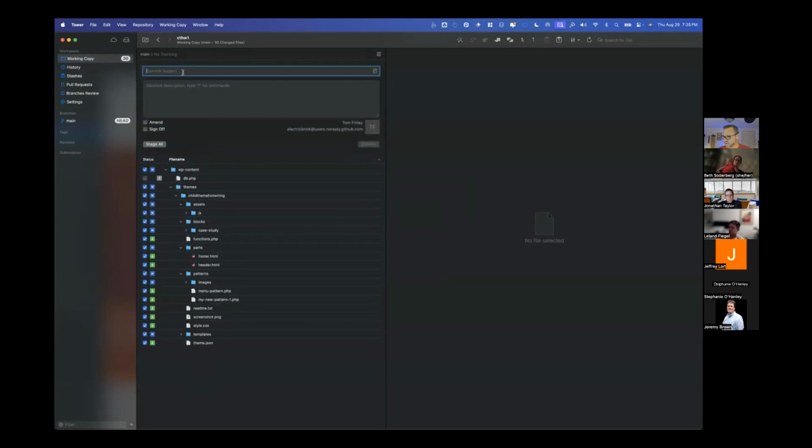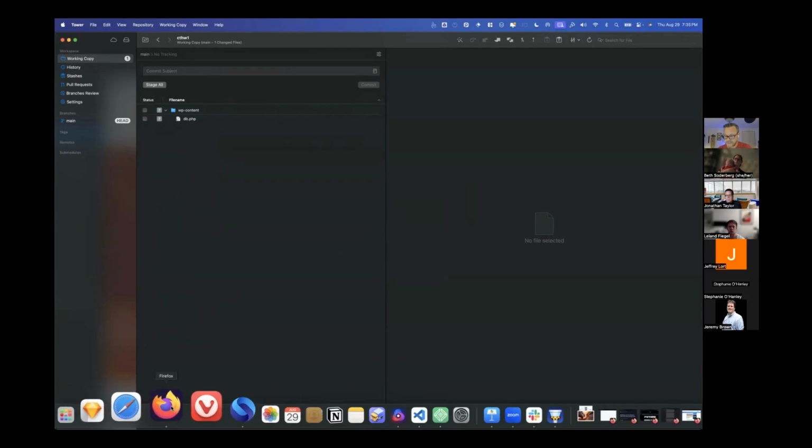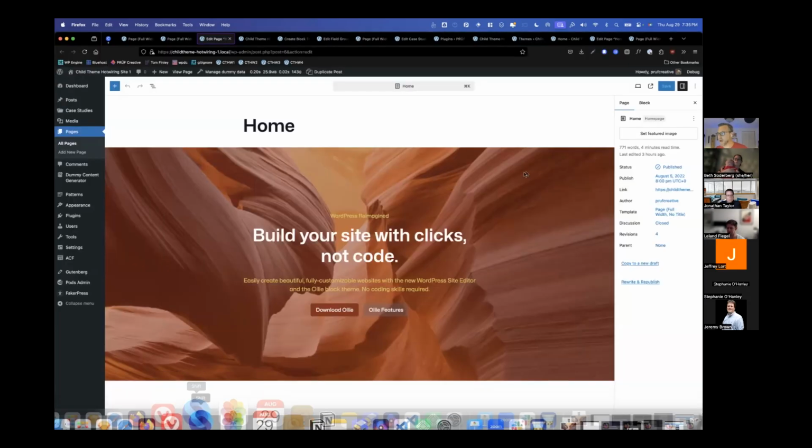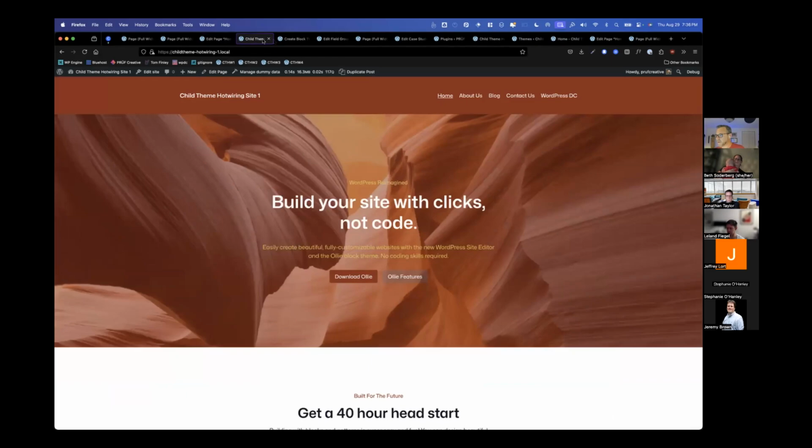And should something happen, I can always go back to this revision and retrieve everything I've done. You cannot do that if you just let all of your changes linger in the database. So that's our first top level way of mitigating risk: using Create Block Theme to create a child theme and just regularly saving all of our database changes into that child theme.